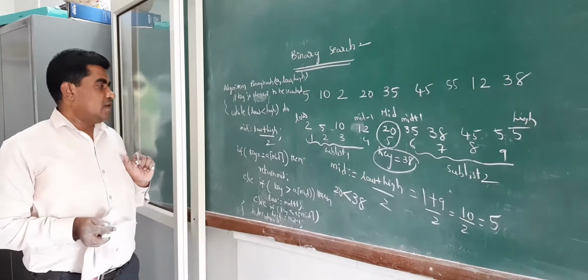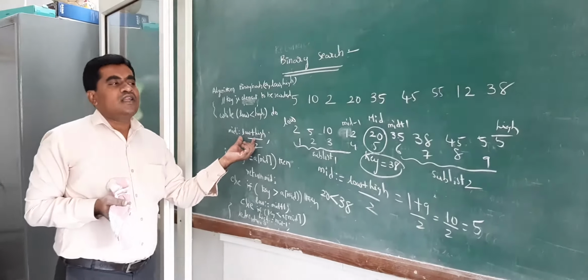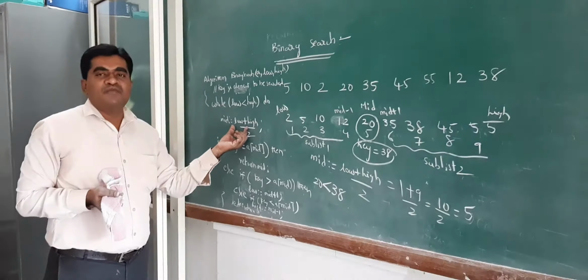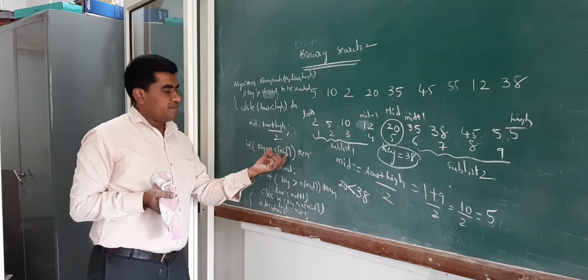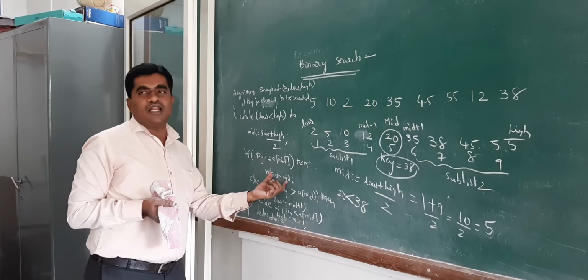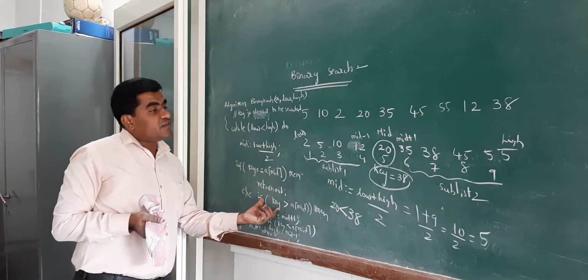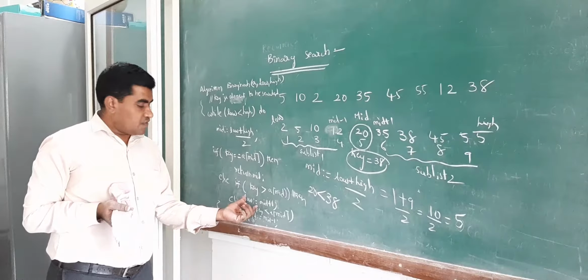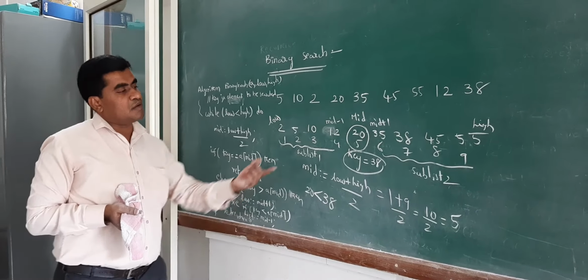First, what we are doing? If low less than high, meaning we have more than one element, then we have to split the list of elements into two sublists based on mid value, mid equal to low plus high by 2. First we have to compare the searching element with the mid value. If it is matching with the mid value, then element is found. Otherwise, if key value is greater than mid value, then we have to write low equal to mid plus 1. Otherwise, if it is lesser than mid value, then we have to go to sublist 1. Sublist 1 ends at mid minus 1. Otherwise, element is not found.